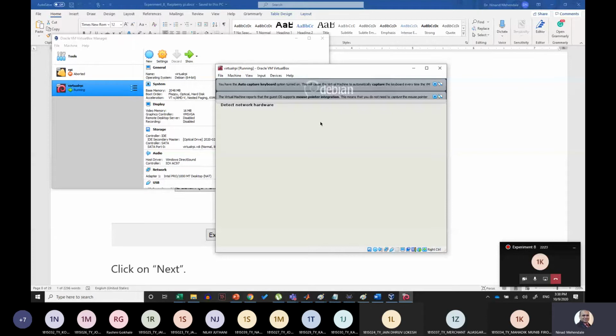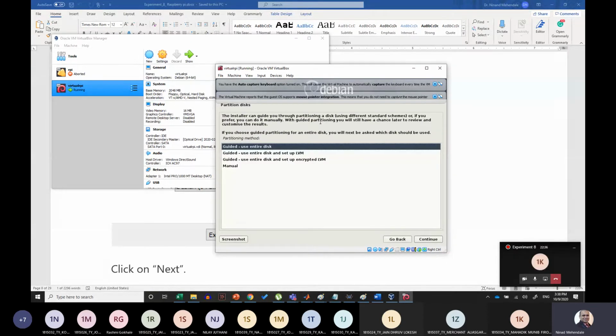Then it will ask you to create a drive. So you can give your entire virtual disk for this particular machine. So it will detect all the partitionings and virtual drive. So this particular operation is creating a virtual drive.